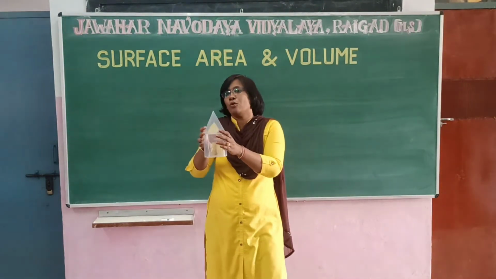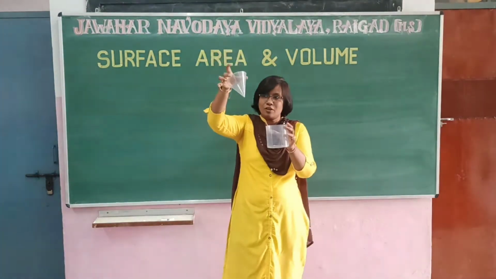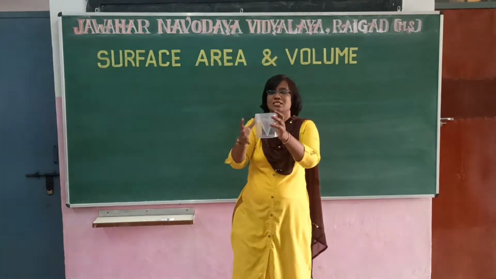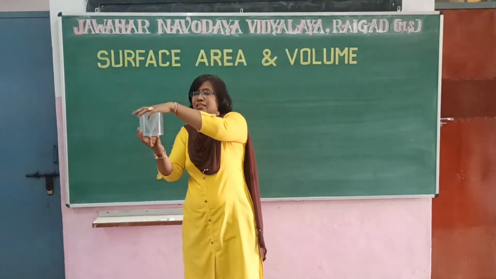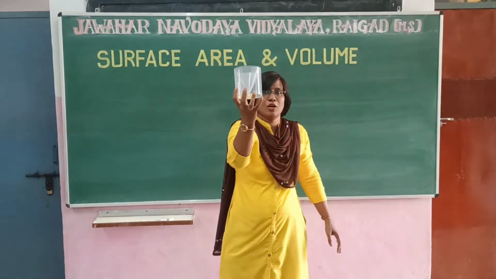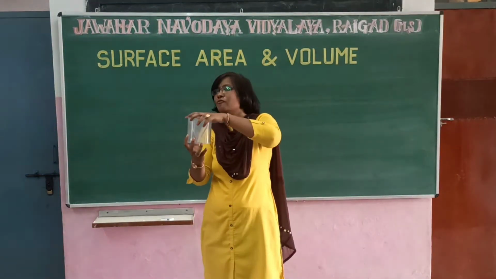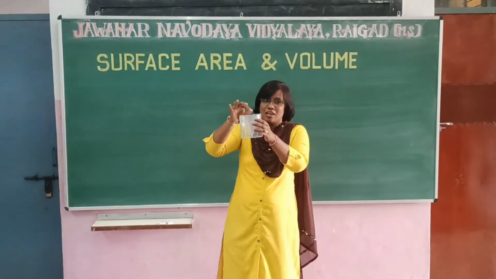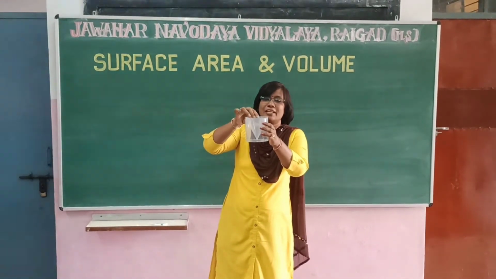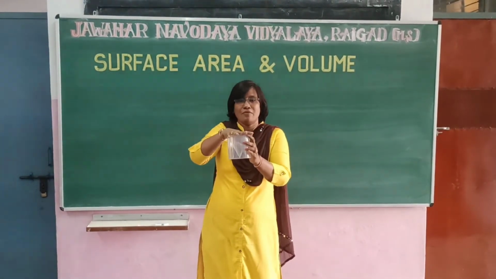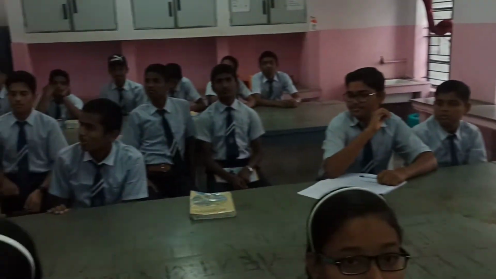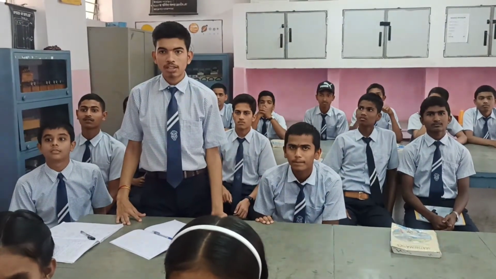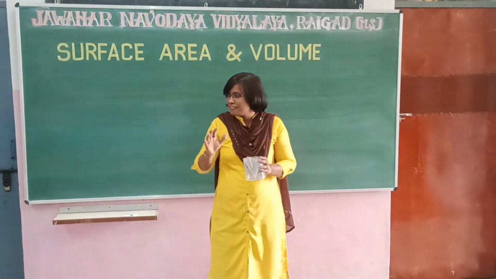Now suppose this same cone, I am taking it in inverted form and fitting it in this cylinder. Exactly. The cone is fitted in the cylinder. So from this, what can you infer? Kindly raise your hand. What can you infer from this, if this cone is exactly fitted in this cylinder? Anyone? Yes, Devendra? The height of the cone is equal to the height of the cylinder. Very nice. Good boy. The class is really thinking.